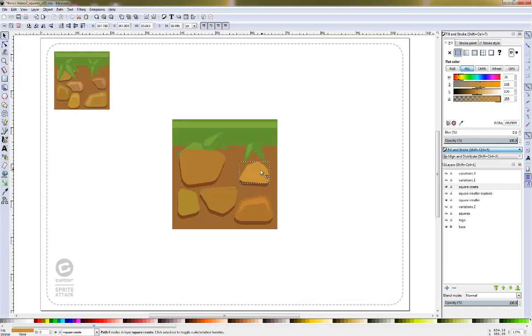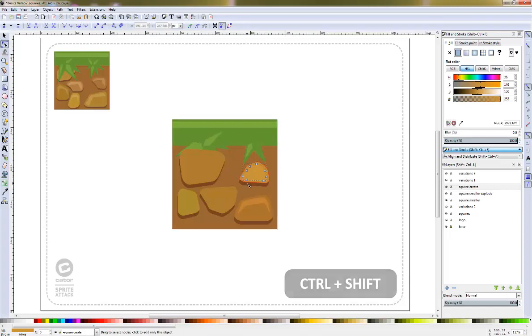Scale it down. If you hold Control and Shift, it will scale, keep the proportions and scale it in place. If you just hold Control, it will hold the proportions but not the position, or scale it not around the center. So with this one, we do the same thing, lighter,